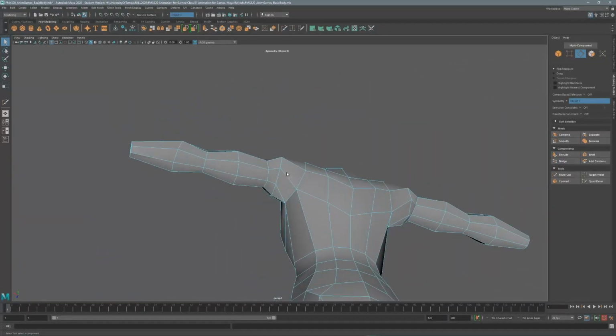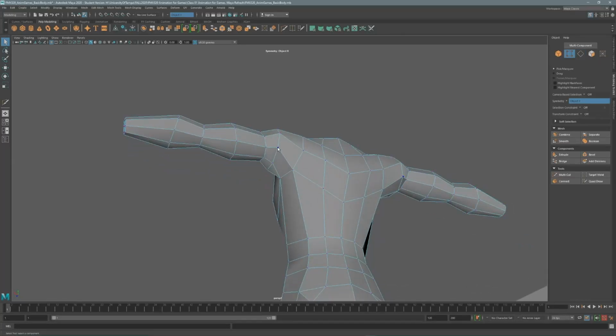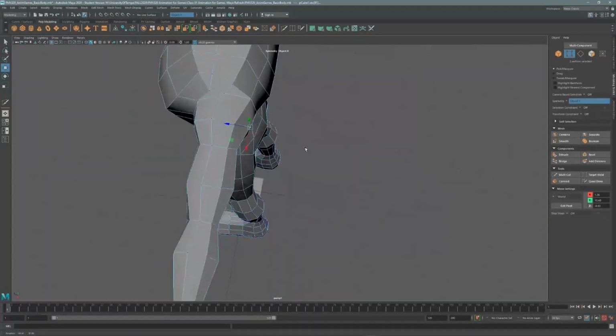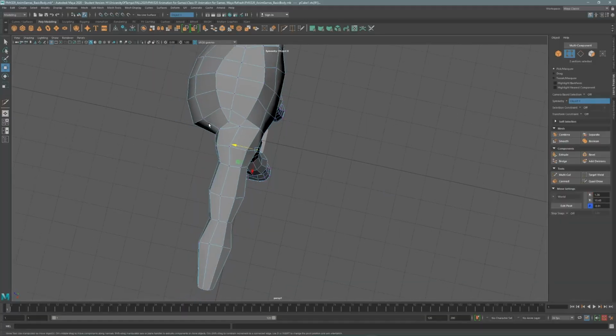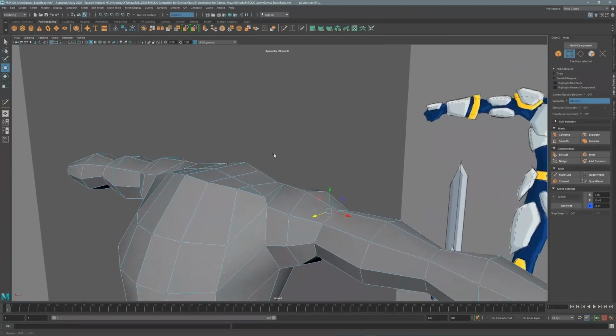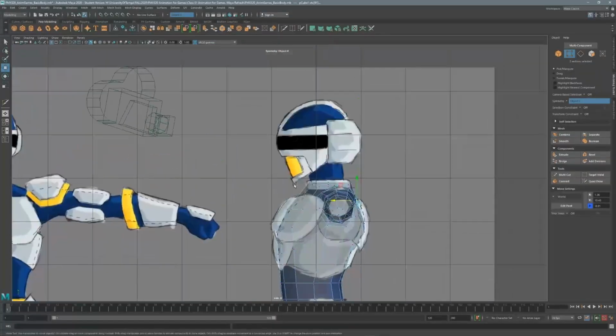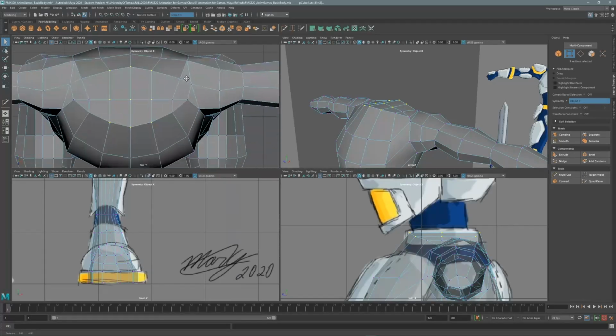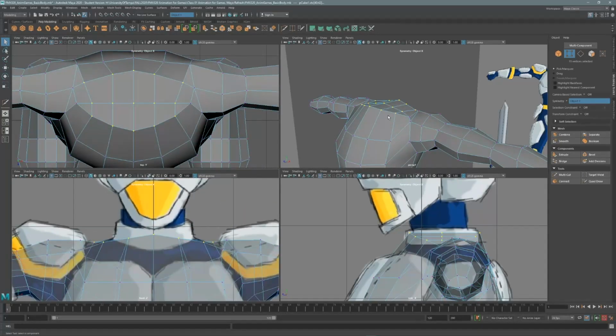I'm probably gonna move a little bit of the points here later on. This should be a little bit more like here, likewise this, but overall we got a more round shape here. So let's move to the head and the neck. Okay, so let's see what we can do here. Checking on my side reference, I have this metal collar here. I'm gonna ignore it for now. I'm just gonna be focusing on the actual neck, which is the blue one there. So I'm gonna move those points down,